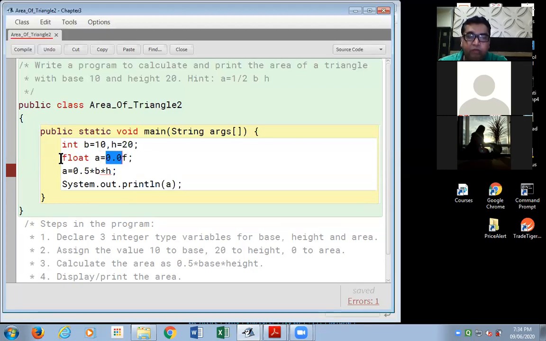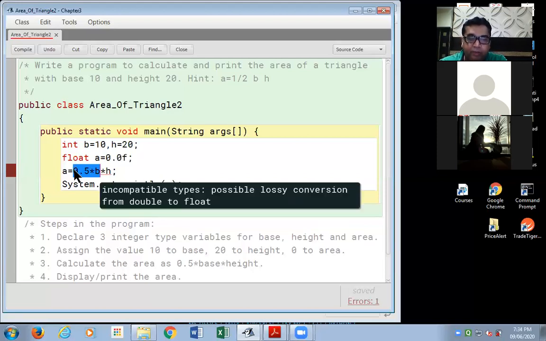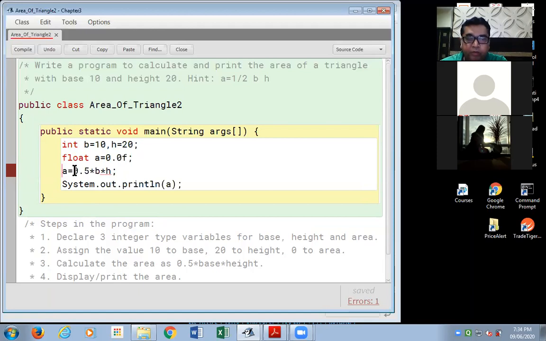Initialize means you give beginning value to it as 0.0f. And then we are calculating, now don't say that a is 0.5. First of all, this 0.5 is half, 1 divided by 2. So 0.5, that is 1 divided by 2 multiplied by the value of b multiplied by the value of h. That is what the answer that we are going to obtain will be the value of a, that is around 100.